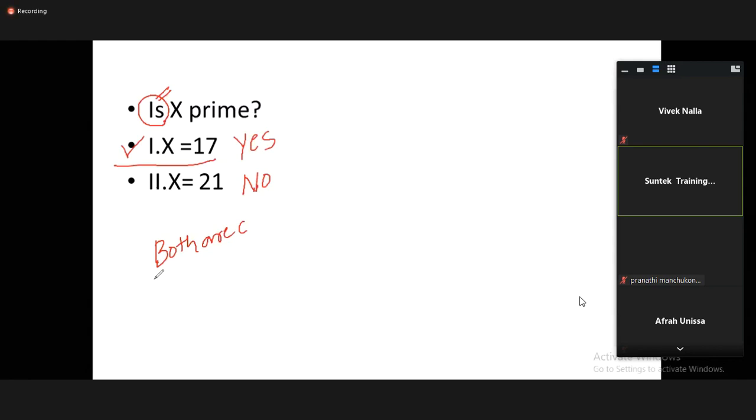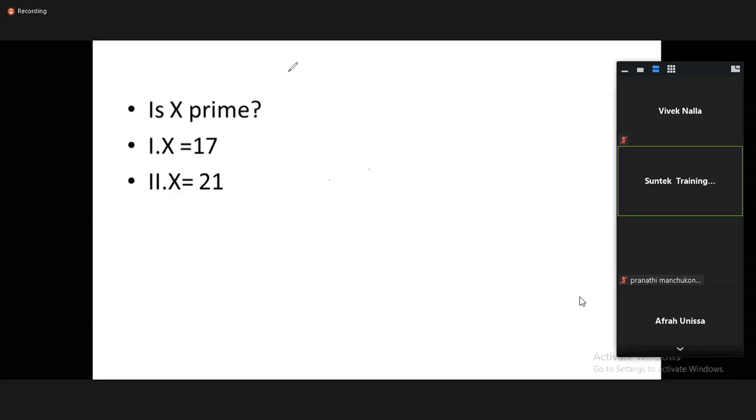For this question actually there are no options. There is no option to mark among what I gave, because both are right. Individually also both are right. I have given you options. By using two statements, you are going to tell your answer. One alone is sufficient, two alone is sufficient. I can say 1 and 2 alone are sufficient to answer the question, because the question here is yes or no. From statement 1, I can say yes. From statement 2 also, I can say no. Which essentially means, please note down this point.